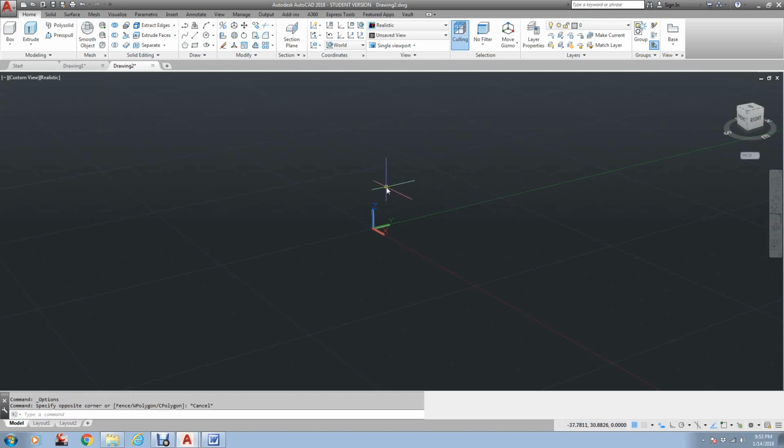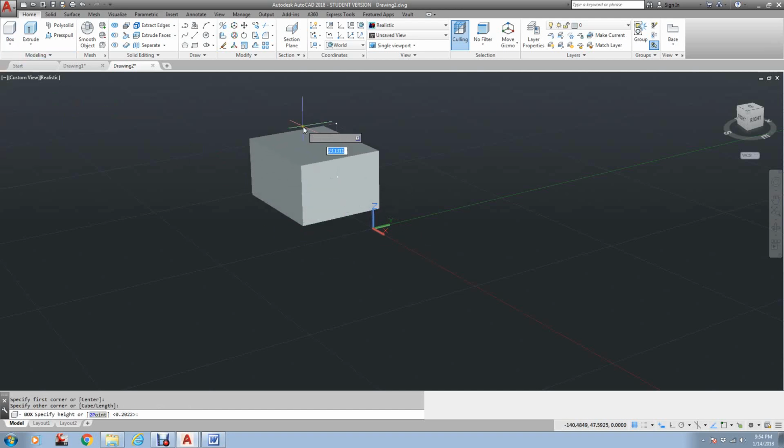If you've turned off your UCS icon, this right here in the middle that I'm going around in a circle, this right here, XYZ, you want to make sure that's on. Most people in 2D don't need it on, but in 3D it will be a lifesaver. One thing I will, and I'm just going to draw something here real quick. This box, I'll have videos for this, but one of the big things is right up here at the top,